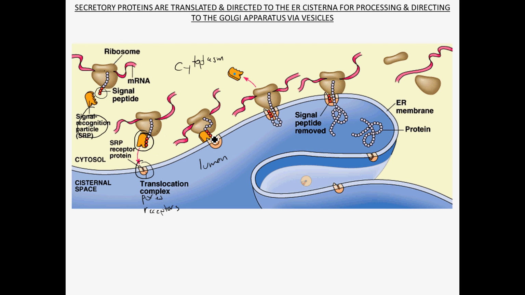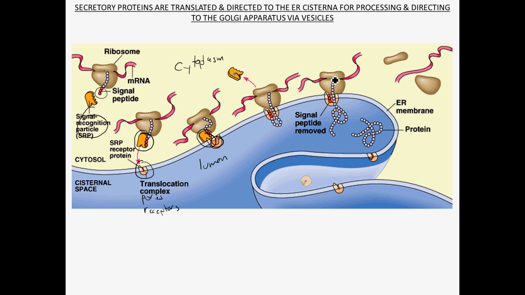As that docks and binds right here, the pore opens up, and the docking then releases the SRP, and the continually growing polypeptide is then made and dumped into the lumen of the